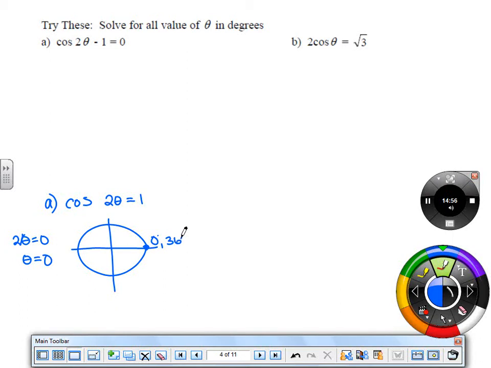Let's look at that same idea if we look at 360. If the 2 theta can be equal to 360, what would the theta be equal to? 180. And does that make sense? If you plug 180 in right here, because of the 2, does it get turned into 360, and then does it have a cosine that's equal to 1? Yes. So we can solve these the same way, but they take an extra step